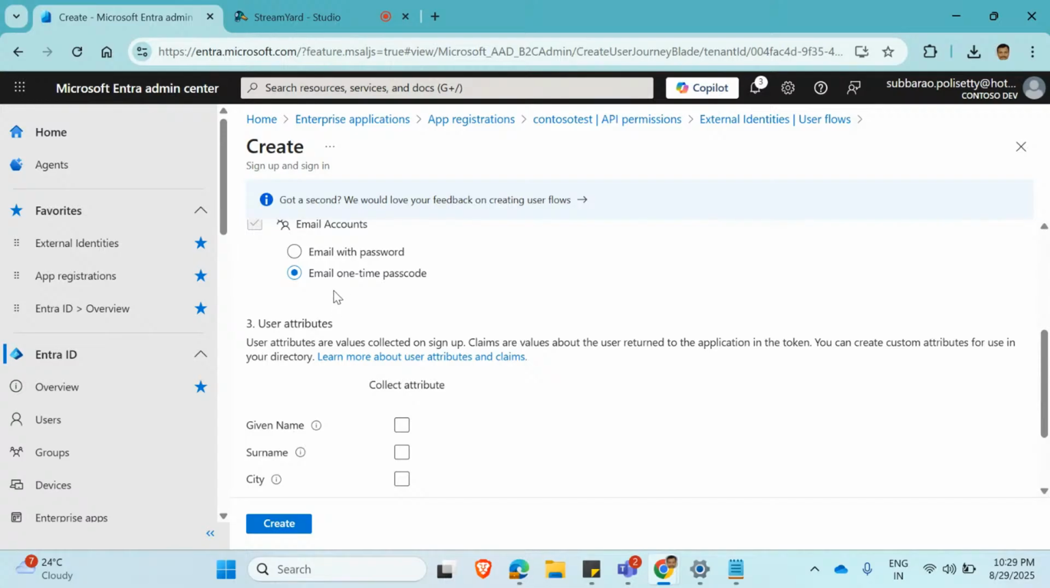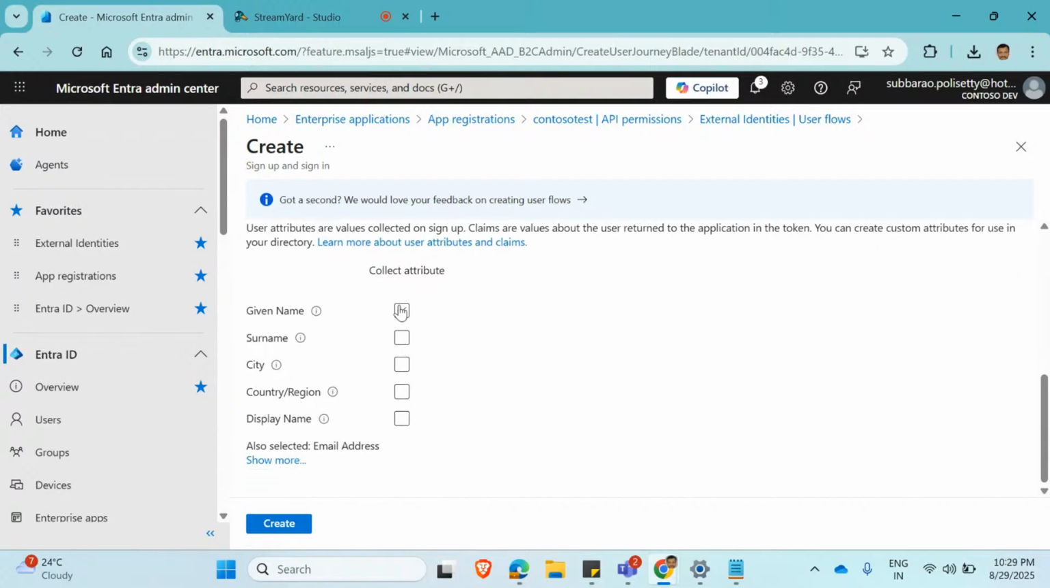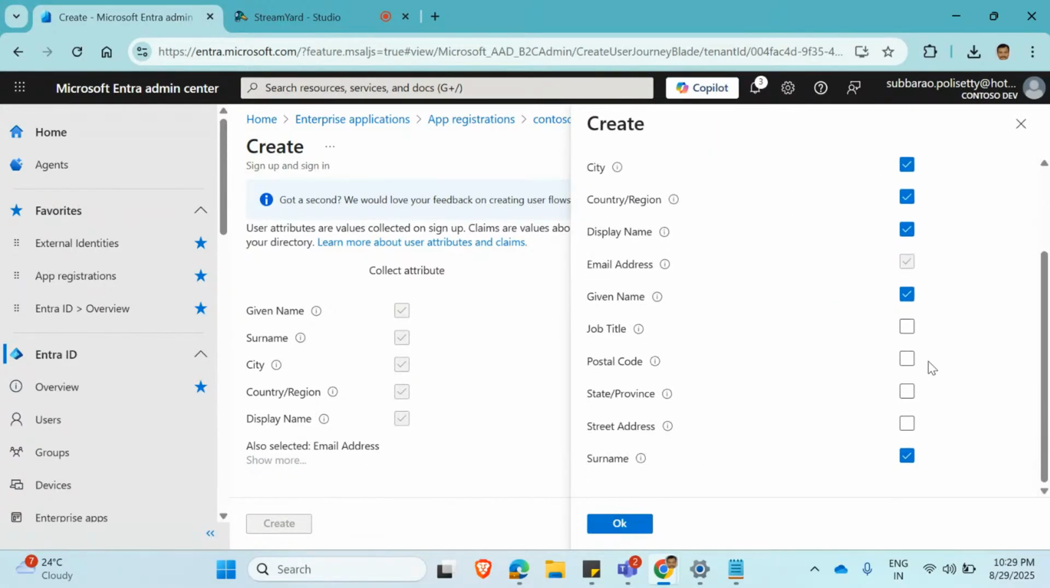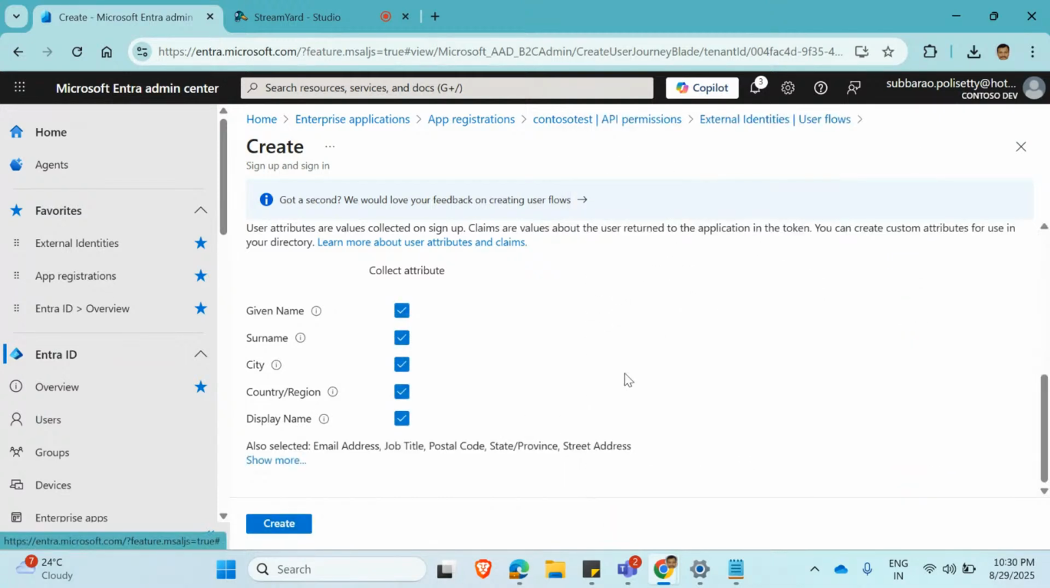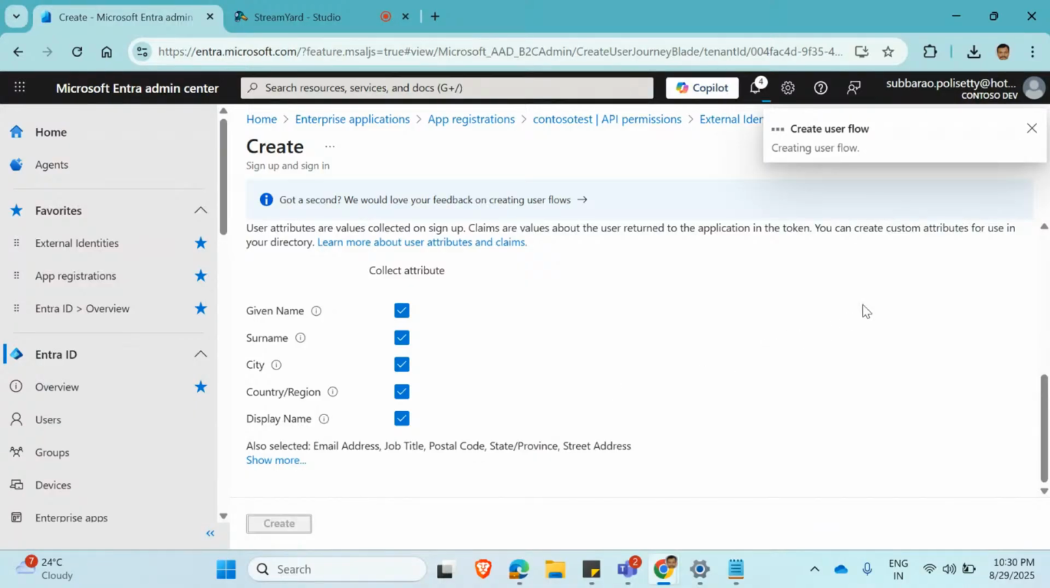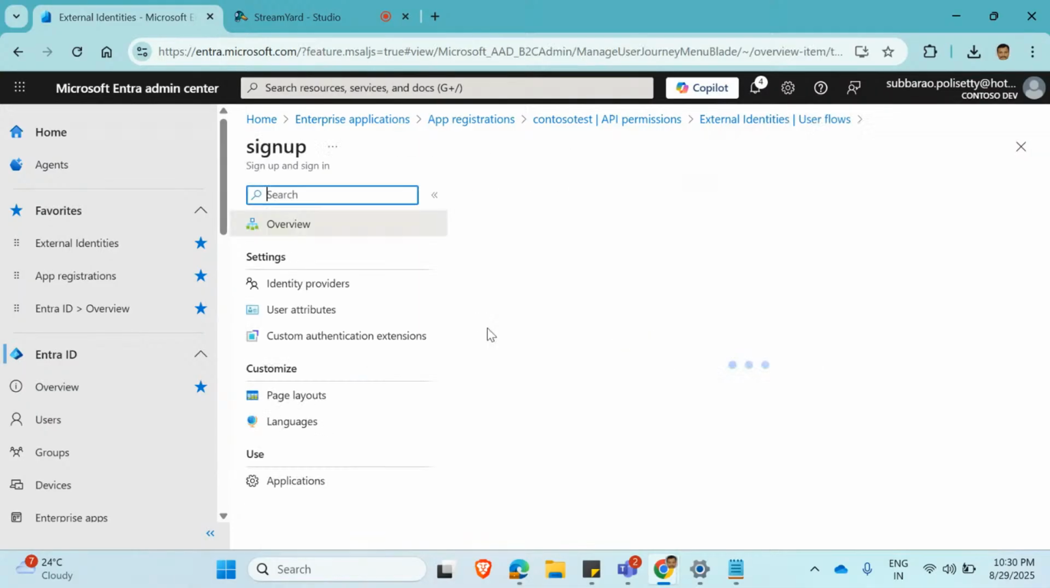Okay, so I will keep this one as email with a passcode, and for this particular flow I will be providing all these details. I will collect all the details: city, country, region, and show more, whatever details you require. You can get these particular details. Okay, so you can get this, and I click on this OK, and then I'm going to click on this create the user flow. So this user flow is very much mandatory, so that once this flow has been created, now I will select this particular flow,